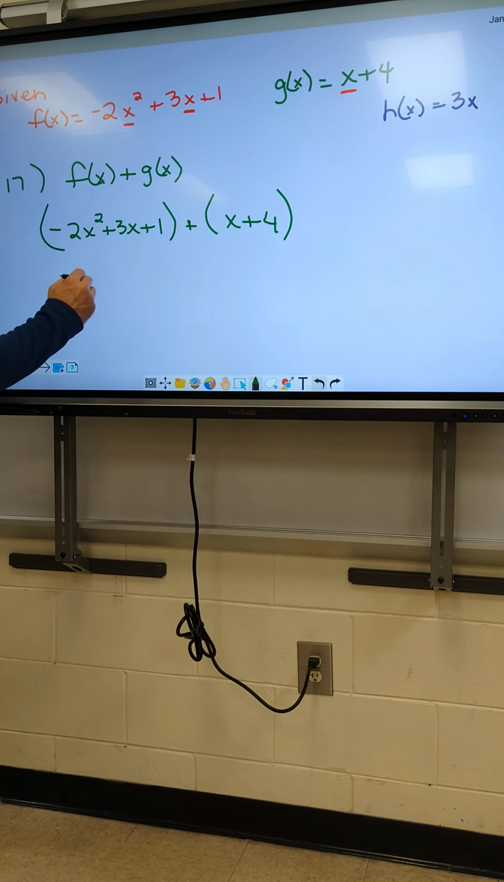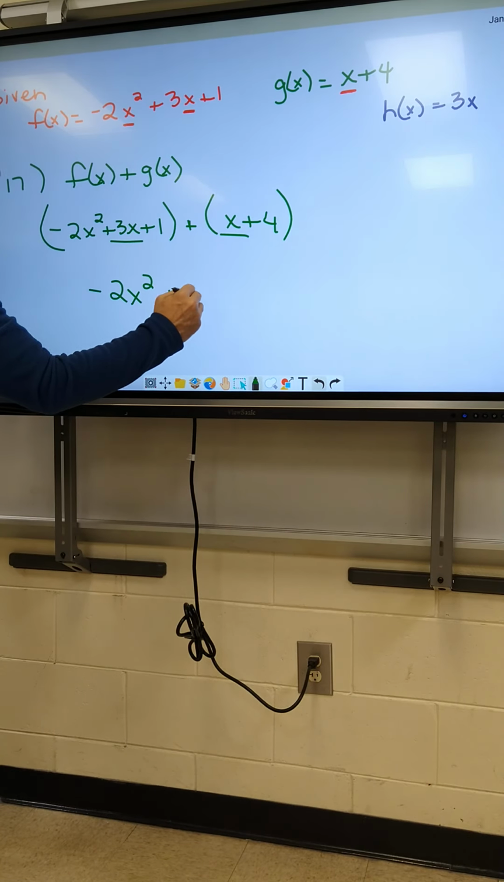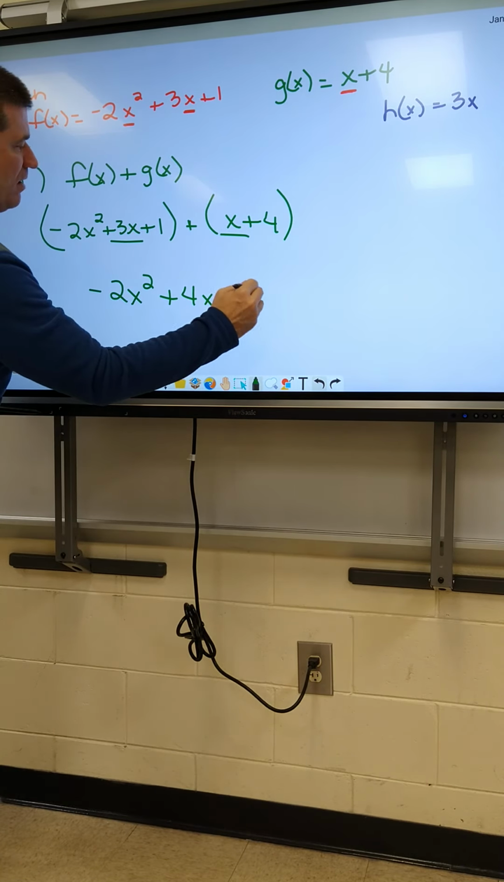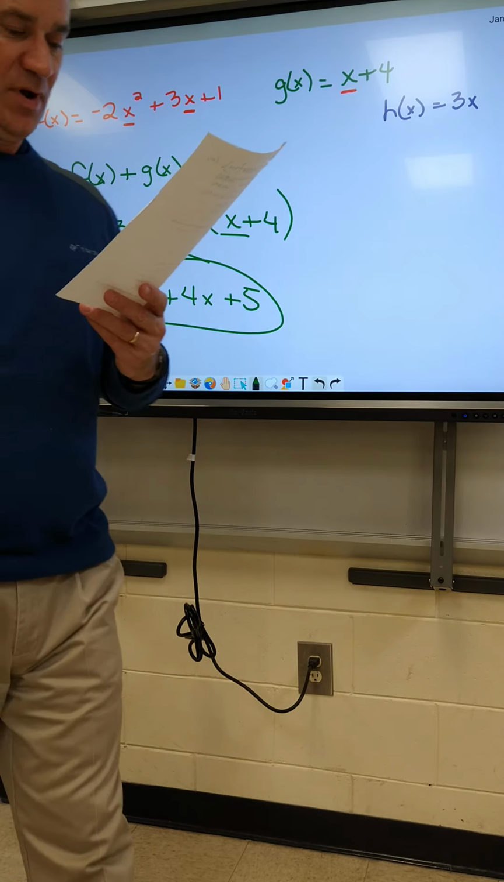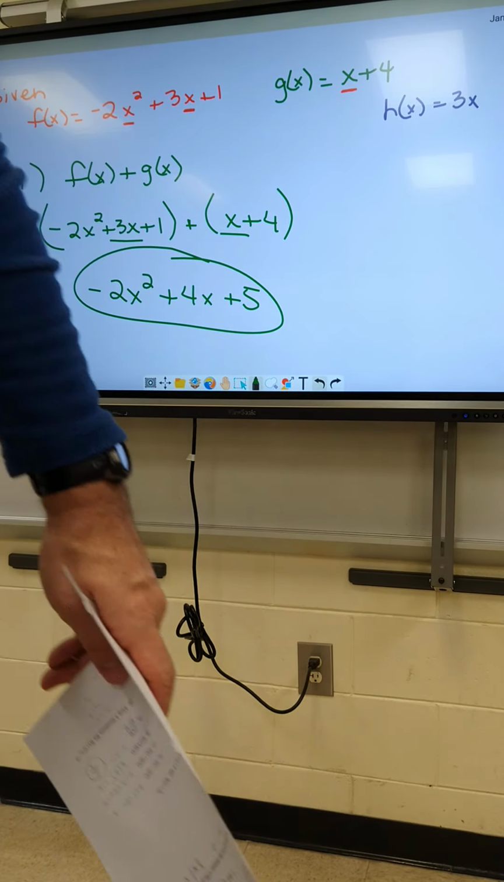All right, combine your like terms. I got negative 2x squared. I can add that one and that one. I got 4x. 1 plus 4 is 5. Let me check that. Looks good. All right, so you guys do 18, 19, and 20. I'm not going to explain those unless somebody